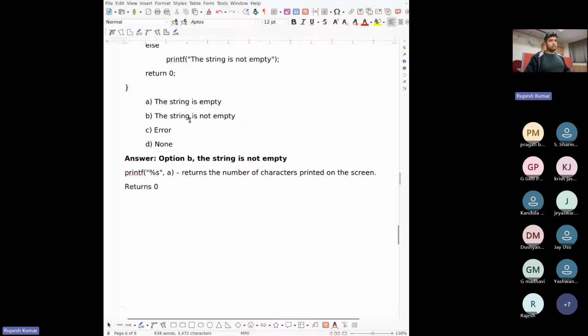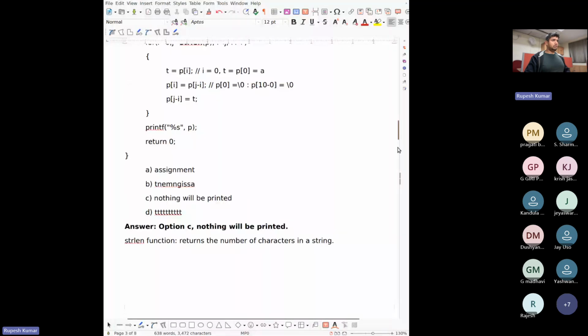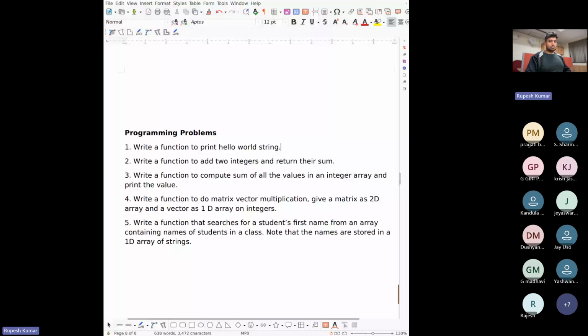I just want to ask you guys, are you familiar with the concept of functions in C? Because your lecture videos also contain functions in C for today's session. So I hope every one of you is familiar with the concept of functions.